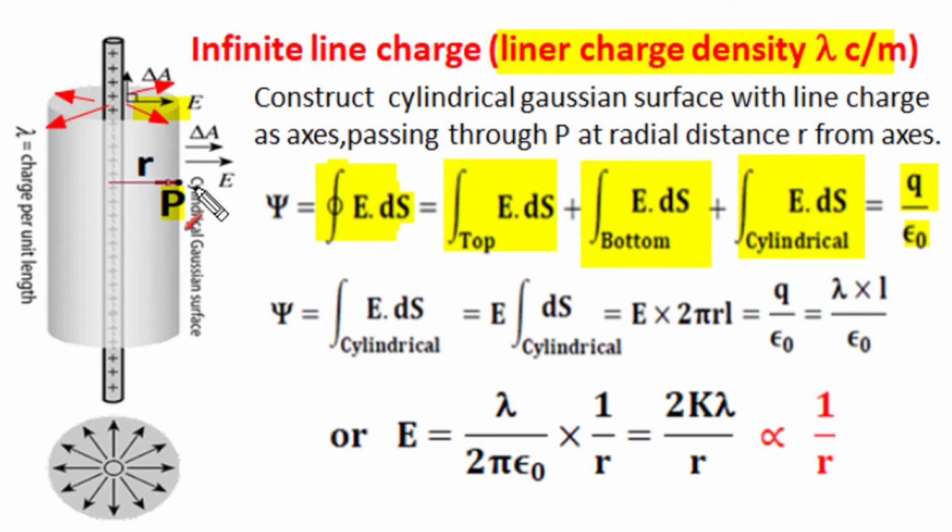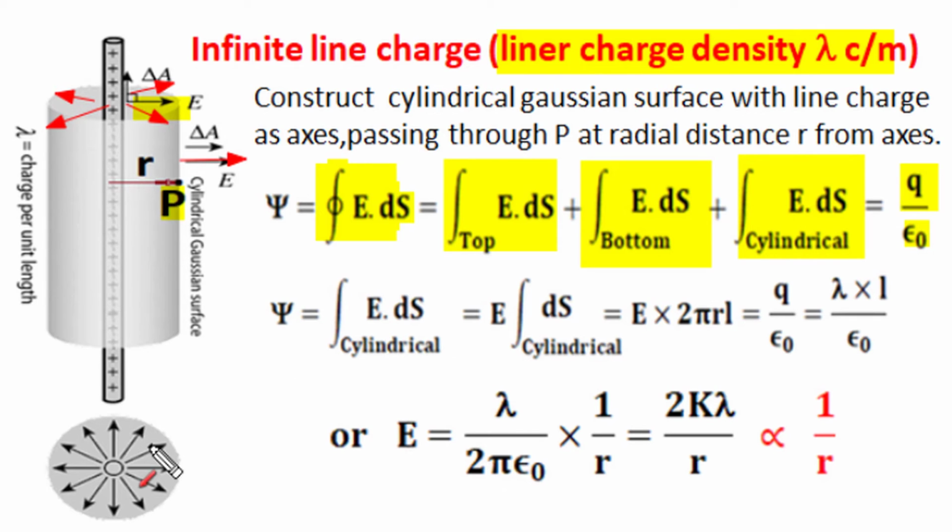So all flux crossing is across the cylindrical section, and at the cylindrical section the radial outward electric field and the perpendicular radial outward area vector are in the same alignment. So this dot product has cos 0, the angle between the electric field vector and area vector, as indicated here. Cos 0 is 1. So the dot product becomes a simple multiplication of electric field and elemental area, and the total can be obtained by integration over this entire cylindrical surface.